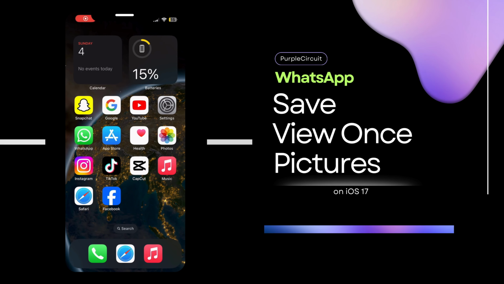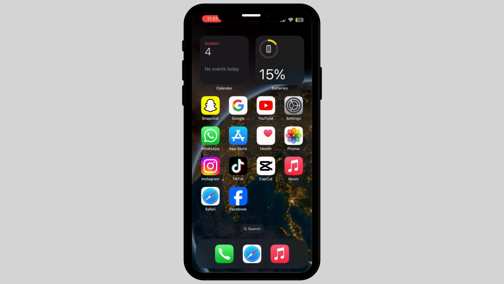Is it possible to view pictures that are sent on your WhatsApp app on view once, more than once? Let's see in this video. Firstly, we're going to WhatsApp app. We cannot save pictures or screenshot pictures on our WhatsApp, but let's see if we can do it with the